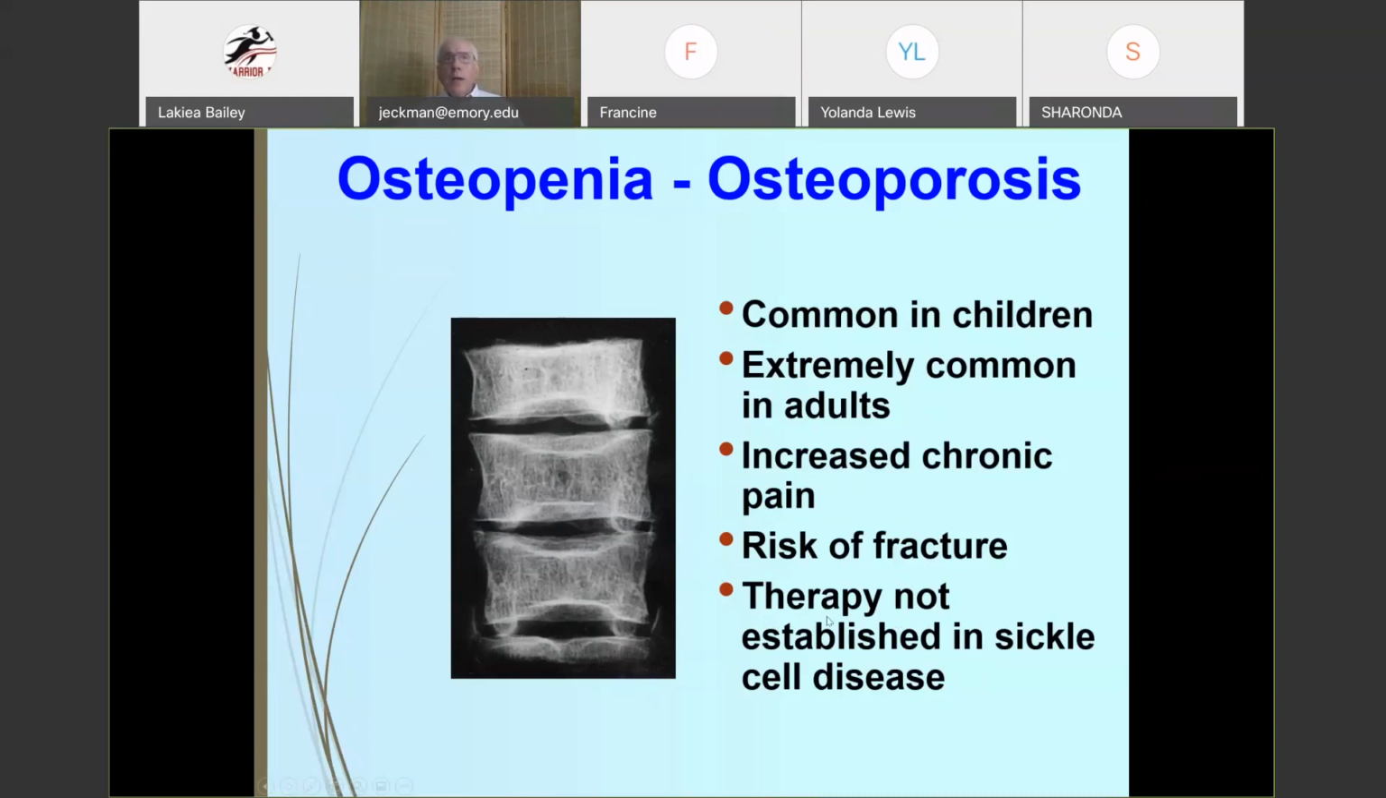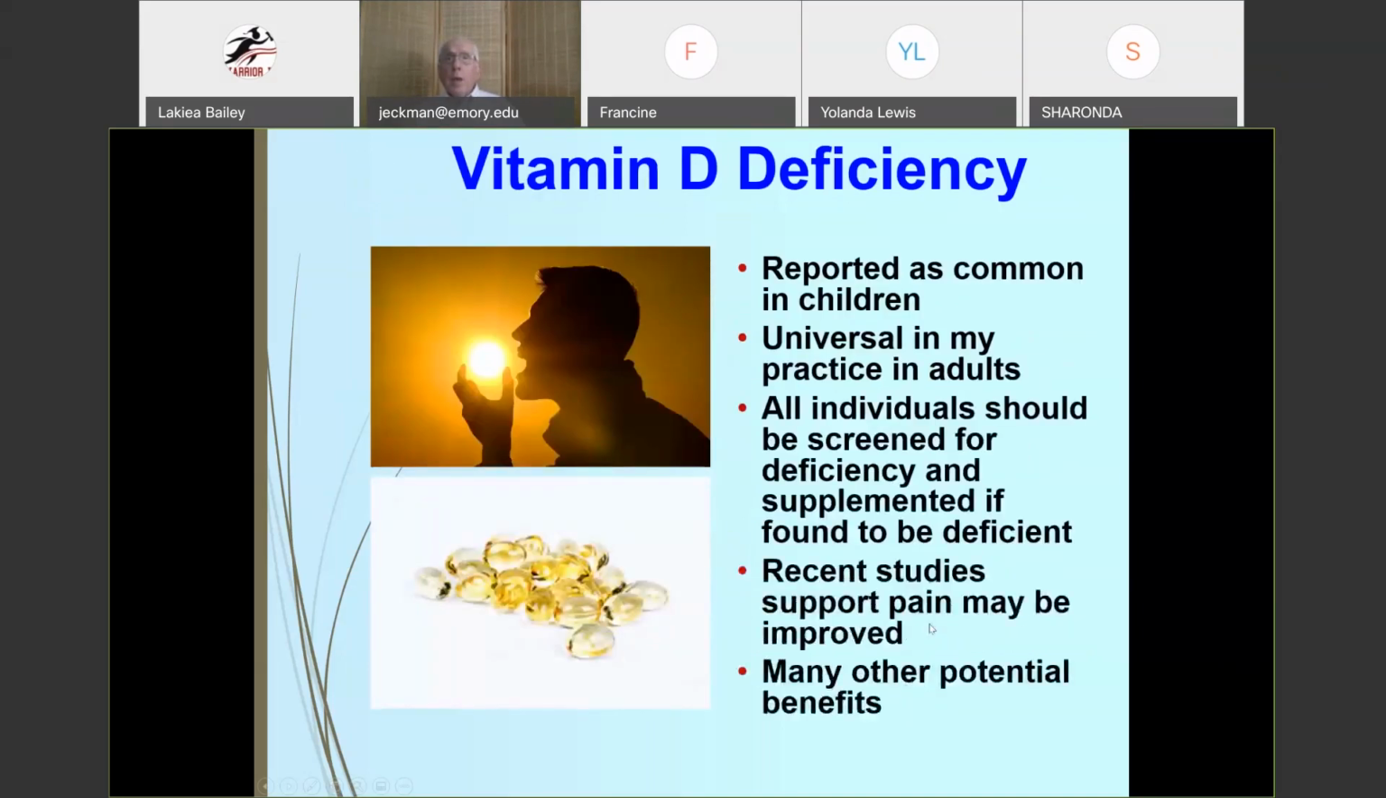You've probably heard about medications that postmenopausal women take to stop osteopenia and osteoporosis. Those have not been proven to be effective in sickle cell disease, and we're not clear whether it would be a good idea to use those. But there are some things that you can do to prevent this from occurring. And one is to